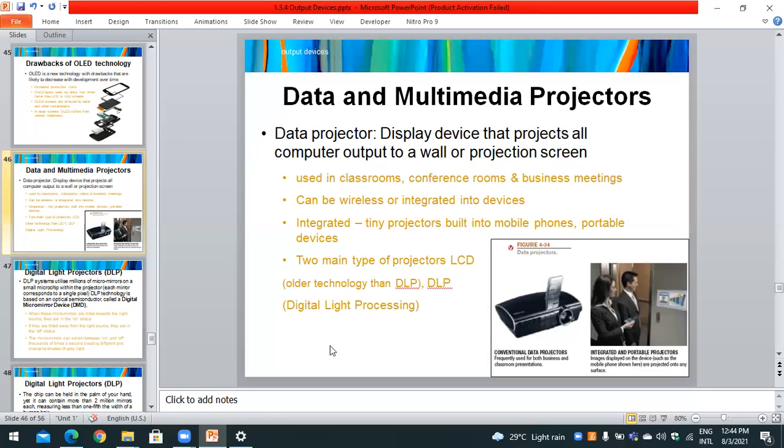All right. Now, so data and the multimedia projectors. We do have two different technologies on it. One is known as the LCD projectors. The other one we're going to name as DLP projector. The DLP stands for digital light processing. With these, we have either the LCD projectors or DLP projectors. Both are